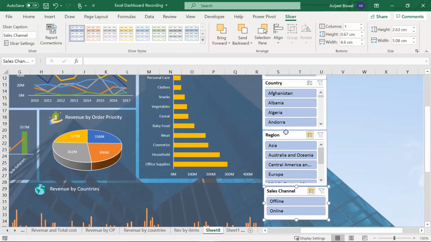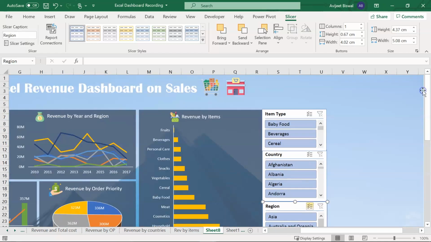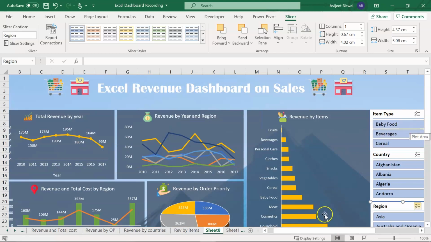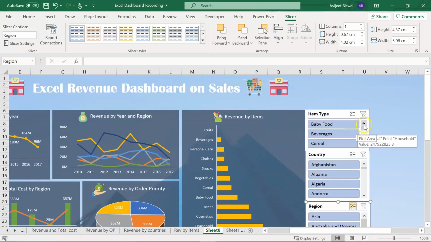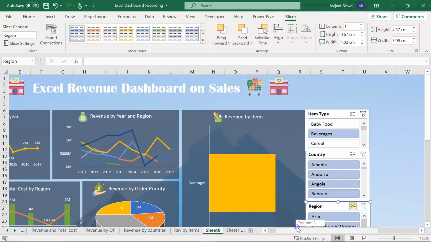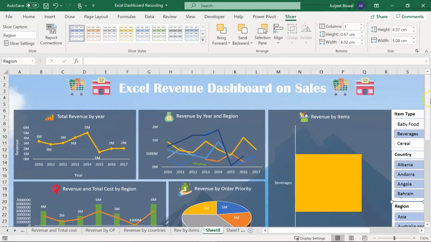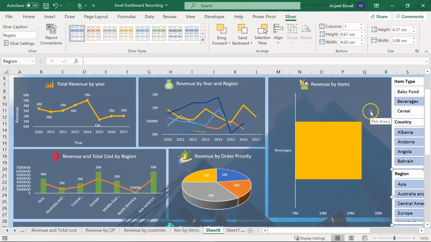Alright, now I have arranged all my slicers. So let's say you want to find the revenue that was generated for an item type, let's say beverages. So you can just select beverages here, and all your charts show the respective revenues.